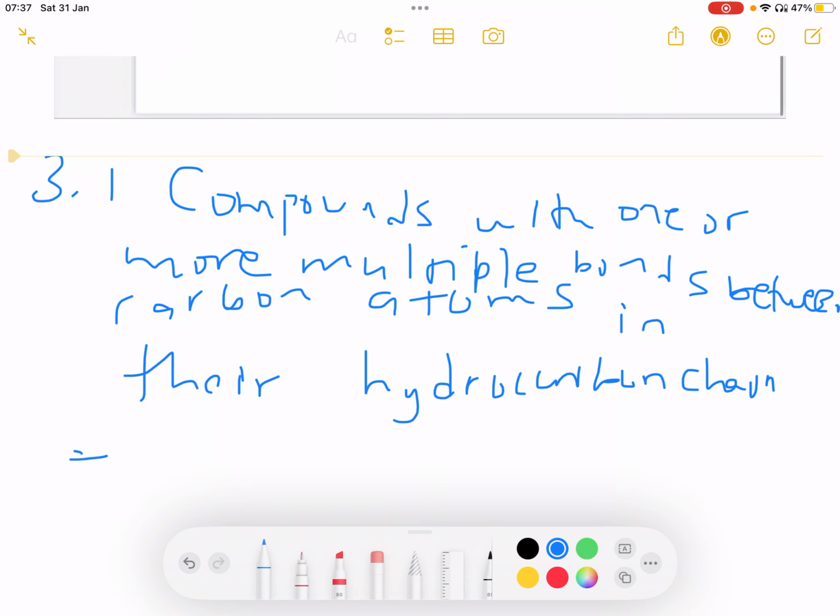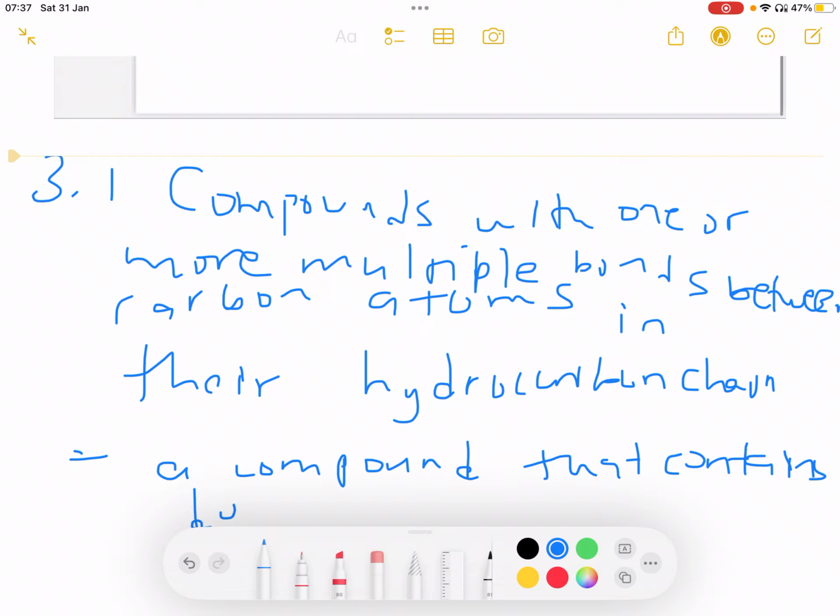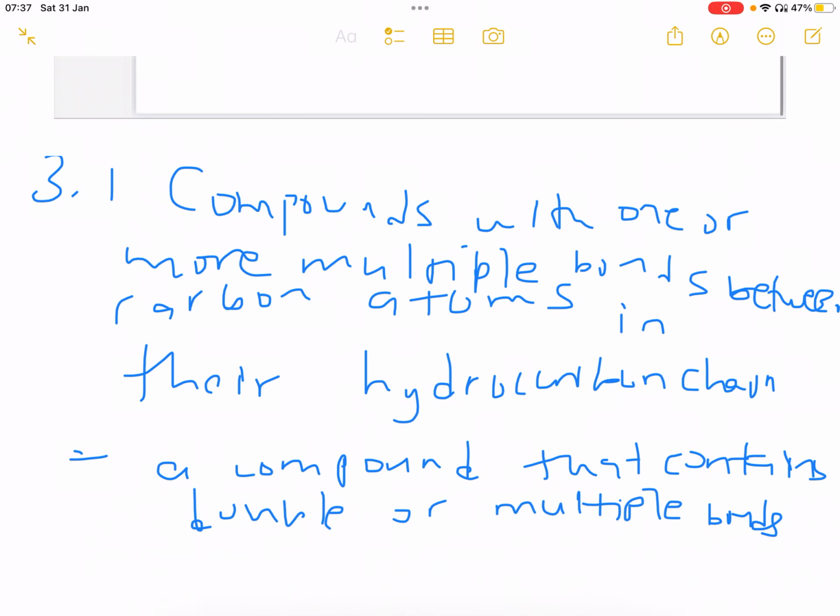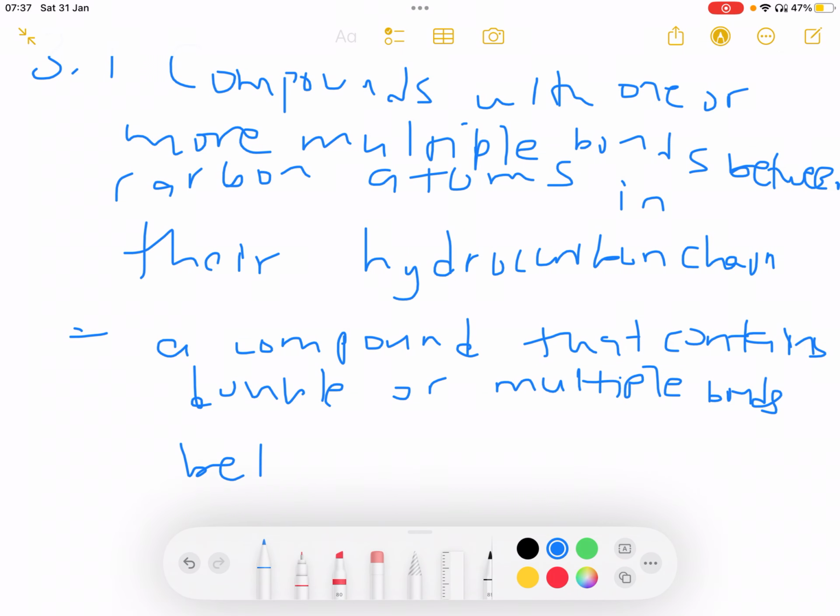Or you can say it's a compound that contains double or multiple bonds between carbon atoms. Right,